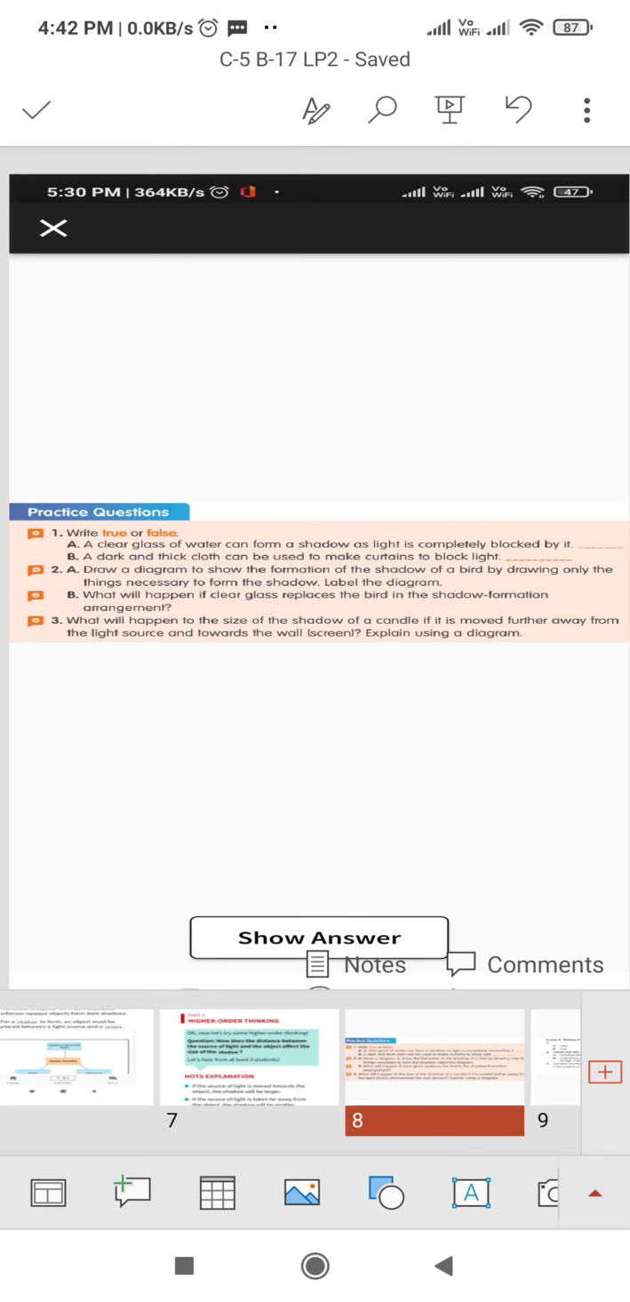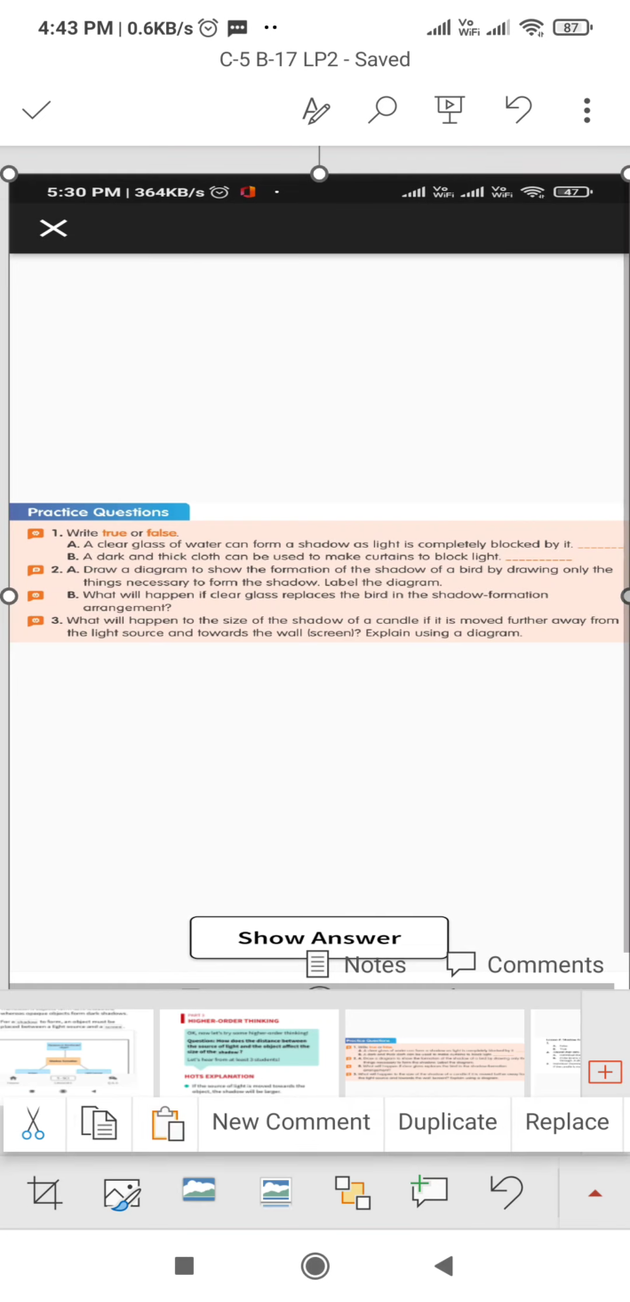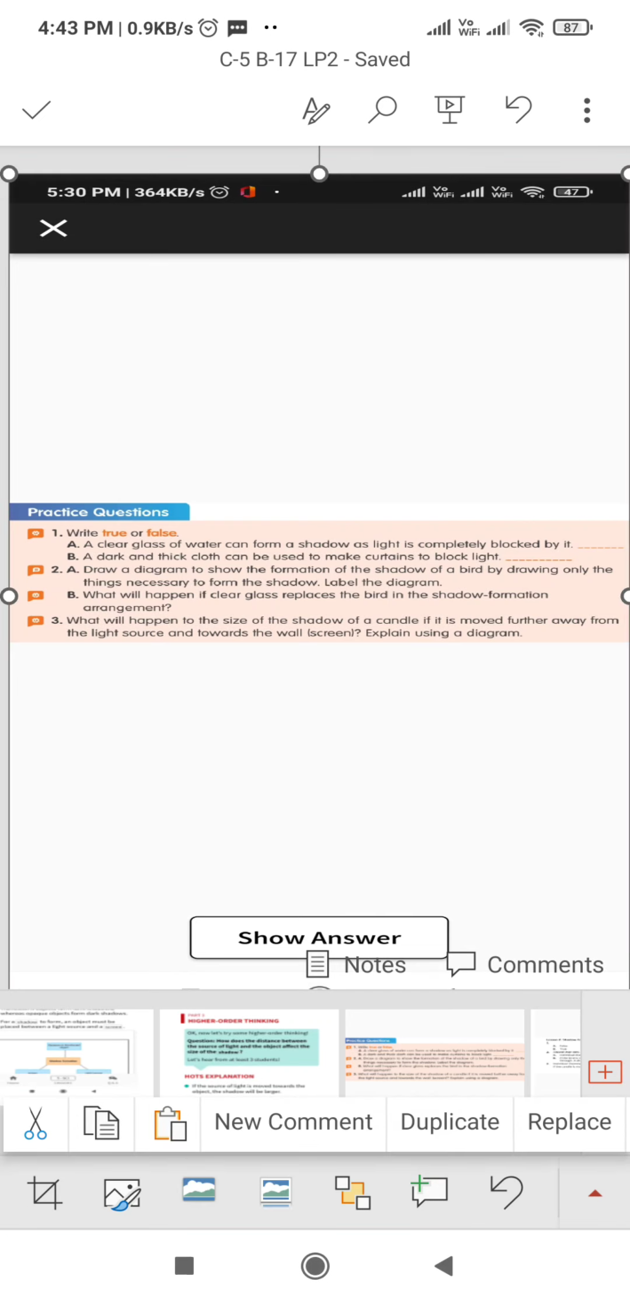A clear glass of water can form a shadow as light is completely blocked by it. It clearly false because clear water is transparent object, and transparent object, they do not block the light and do not form the shadow. Second, dark and thick cloth can be used to make curtains to block light. Yes,